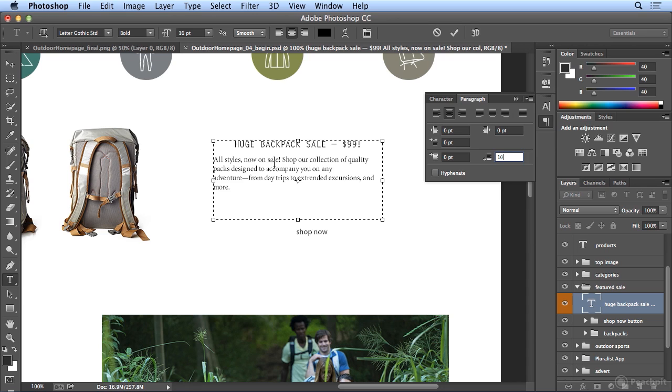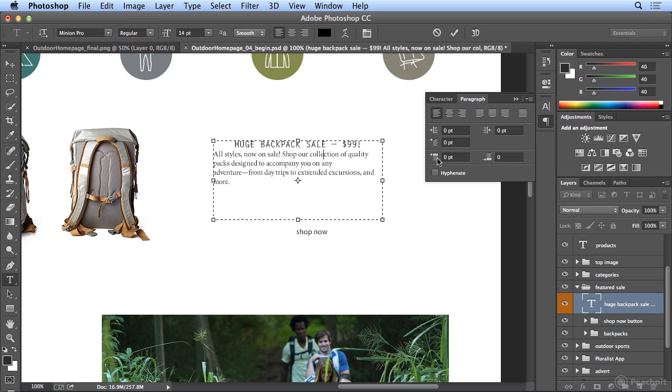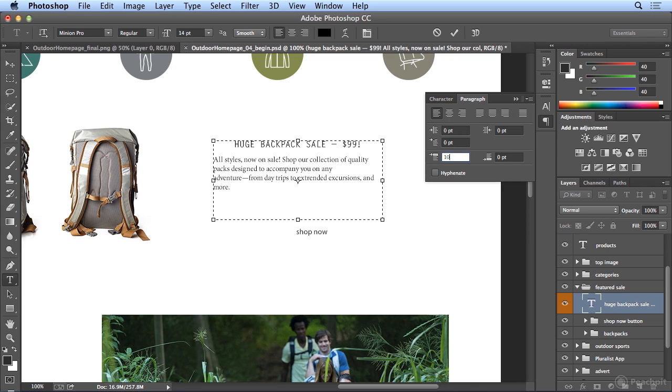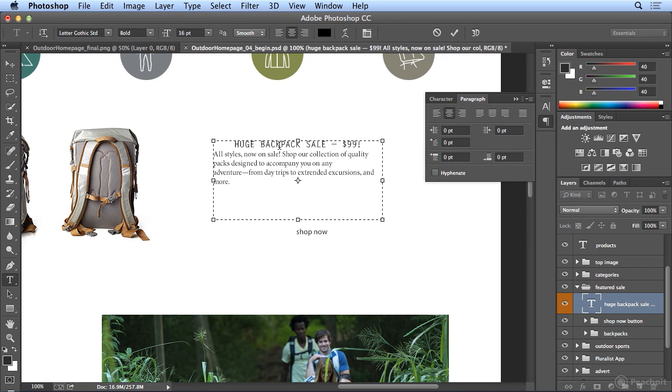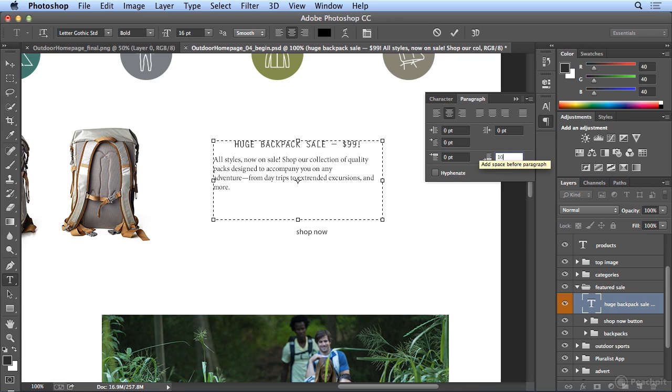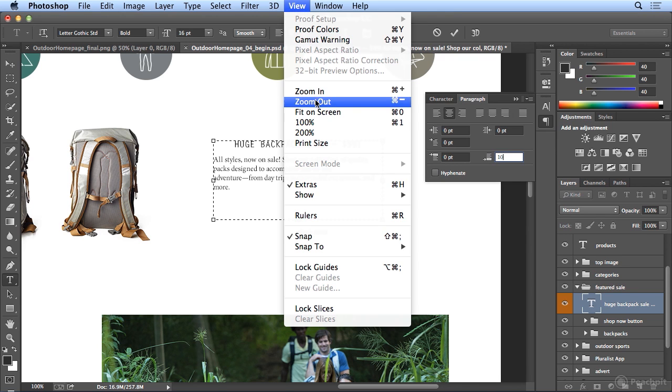Space before I could have done if I set this back to 0 and click in this paragraph, I could put in 10 points of space before every body paragraph. But I usually prefer space after on a heading. So I'm going to reverse that. Put it back to 0. Make sure my cursor is on the top line, and after that line, I always want 10 points of white space. This way, if I look at the whole layout with View, Zoom Out,